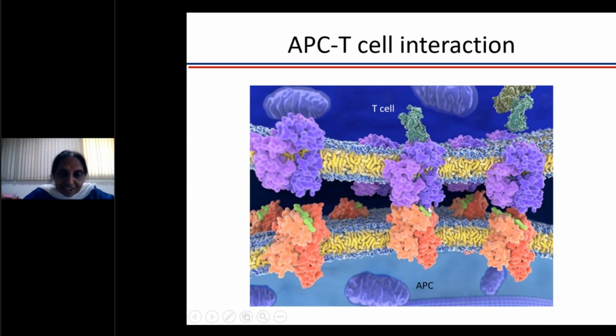This green color. So the antigen presenting cell has to chop up the bacteria in such a way that you get these peptides of about 10 to 11 amino acids, which can then be seen by the T cell to generate an immune response. So let's see how the antigen presenting cell does this chopping.